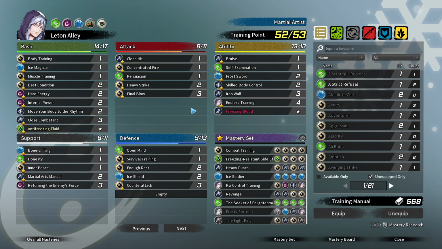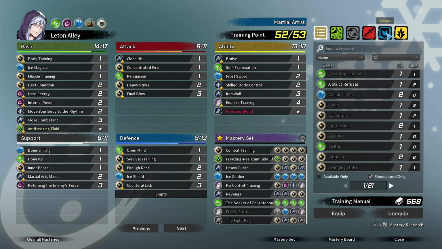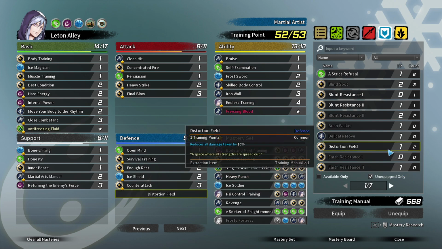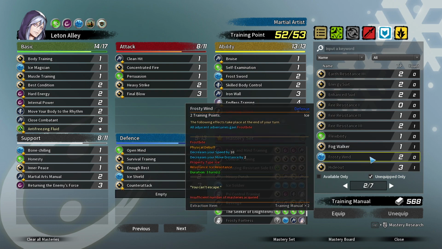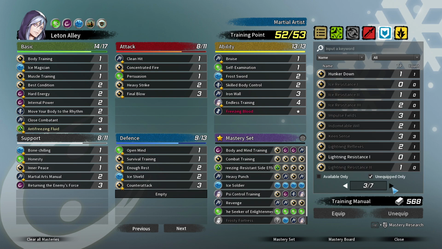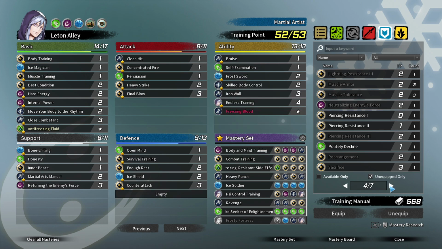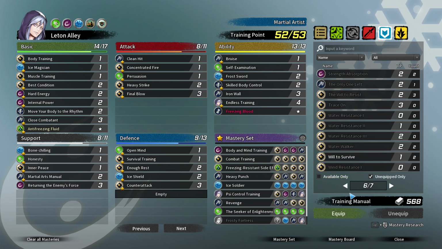But yeah, it's really hard to put a lot more stuff onto Letten, and he's pretty well built, but there's nothing really I'd ever want to take off him. All this stuff is pretty decent, so I'm just going to stick with what we've got here at this point. Probably put Distortion. We can put more interesting stuff for him, maybe Frost Wind or bits and pieces. Neutralizing Enemy Force, I would very much like to have him, to increase his block from melee stuff. That'd be really good for him, but he doesn't have it right now. So I think for the time being, we're just going to go ahead and whack on...